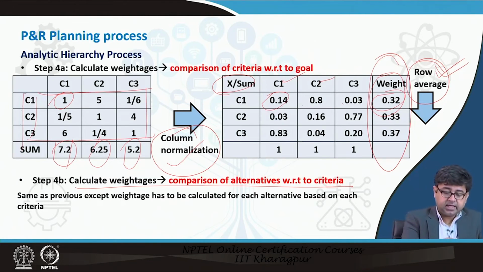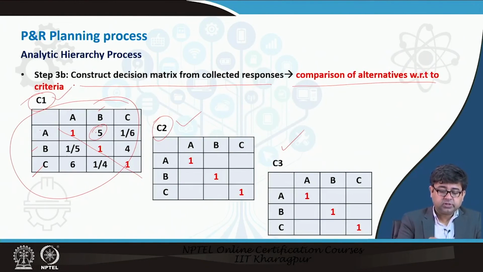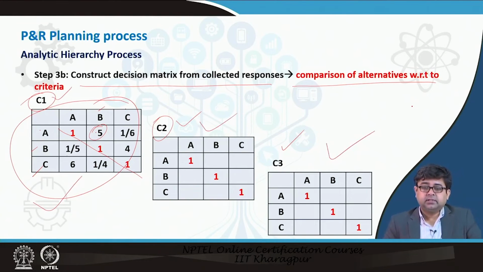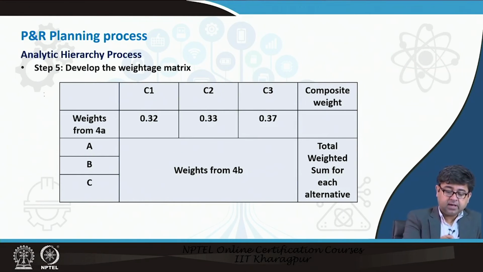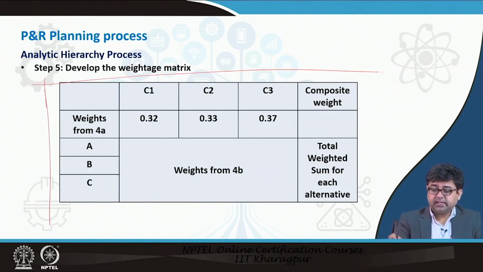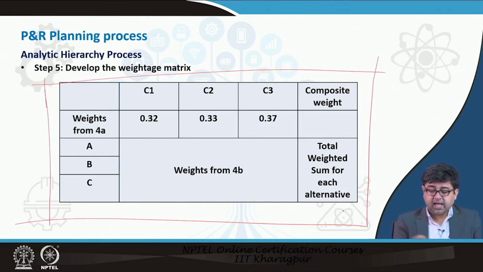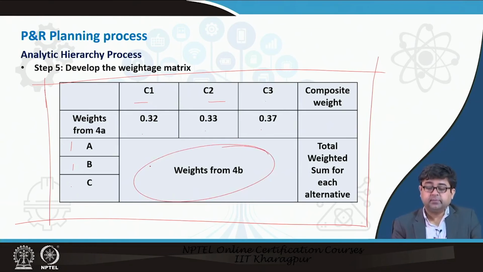So, if this is a criteria with respect to the goals, you do similar things for each of these decision matrices, normalize them and then develop the row averages. Eventually, you will have a large matrix that will have each of the criteria weights as columns and each of the alternatives as rows,